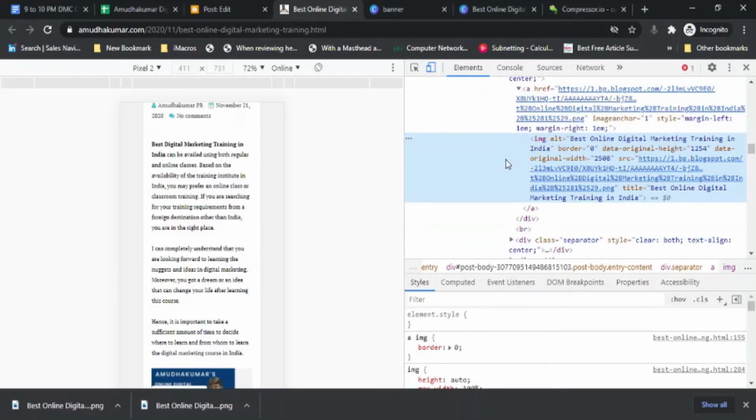If you look at this IMG, this is the image alternative tag. So best online digital marketing training. If the particular code has the alternative tag with best online digital marketing training, then that image is optimized with alternative text. Okay, alternative text is not visible.